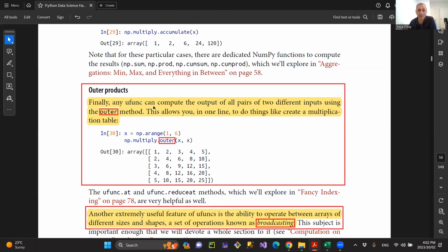So one of the things is, please pay specific attention to this one. It says that any function that we have in the category of U-func can compute the output of all pairs of two different inputs using the outer method. What does it mean? Imagine that you want to have